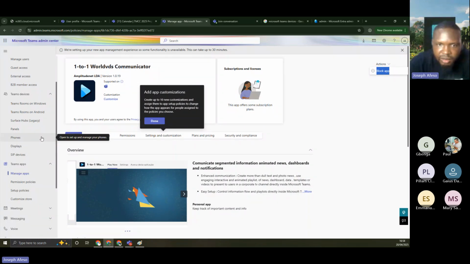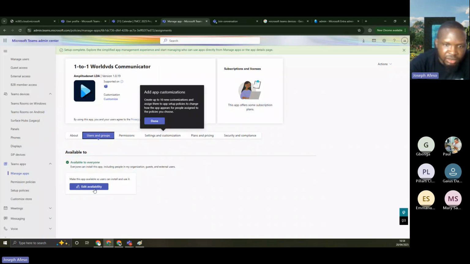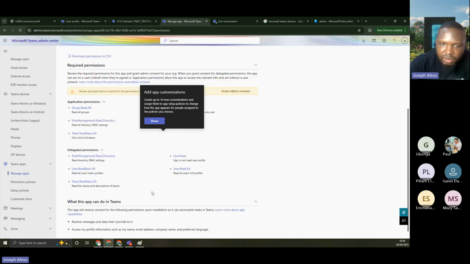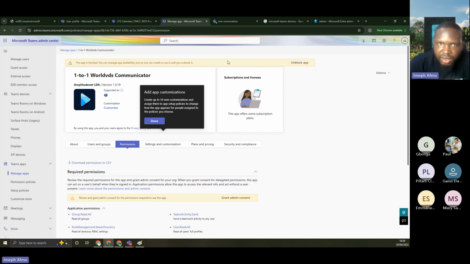But then you can also come to users and groups. You can specifically allow that to eligible users or edit availability for users. In terms of permissions as well, you can specify those here. But what is really interesting to me is the action that you can take. Yeah, this is it as it is up now. So I can decide to block this app, One-to-One World DVDs. If I come back to manage apps, I think that was just loading. I wasn't patient enough. So if I come back to manage apps right now,